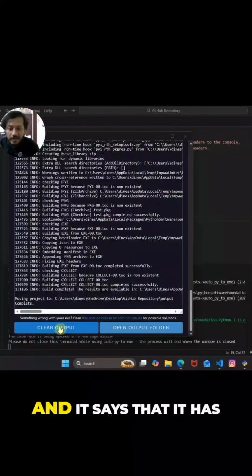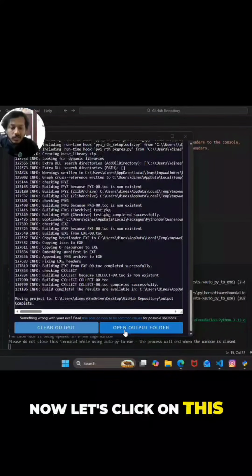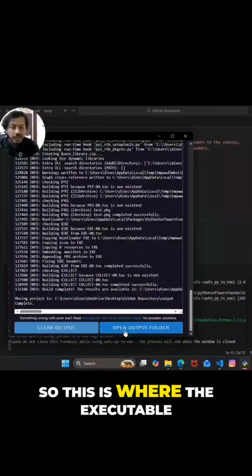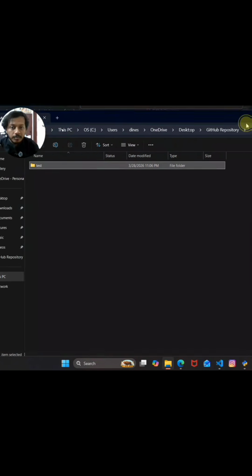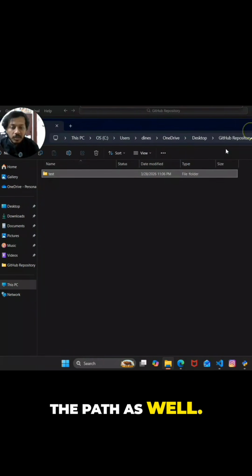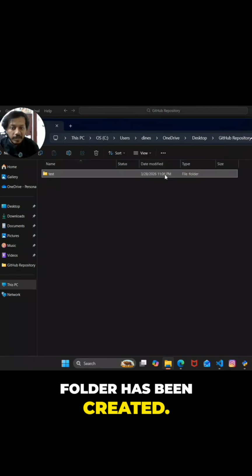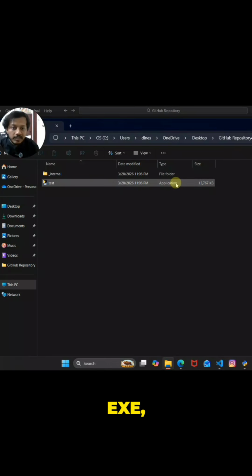Let's see what happens. You can see the execution is completed and it says that it has been successfully moved to so and so folder. Now let's click on open output folder. This is where the executable file is created. In the same path, or maybe you can mention the path as well. Here you can see a folder has been created. In this folder, if you double click, you have an application with a .exe type, and if you just click on this,